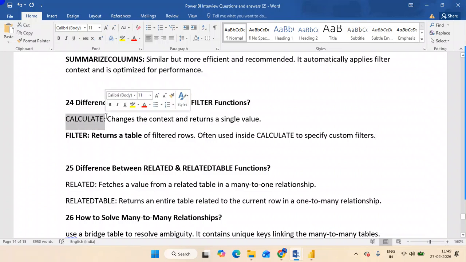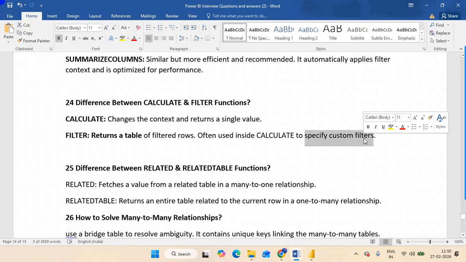What about CALCULATE? It changes the context, as we have seen before. It modifies the filter context based on a single expression, and it will give a single value, or scalar value, as well. So they will ask the difference between CALCULATE and CALCULATETABLE, or CALCULATE and FILTER. CALCULATETABLE will return a new table based on the specific custom filter, and FILTER also creates a table. CALCULATE modifies the filter context based on any kind of field and will give a scalar value, that is, a single value.